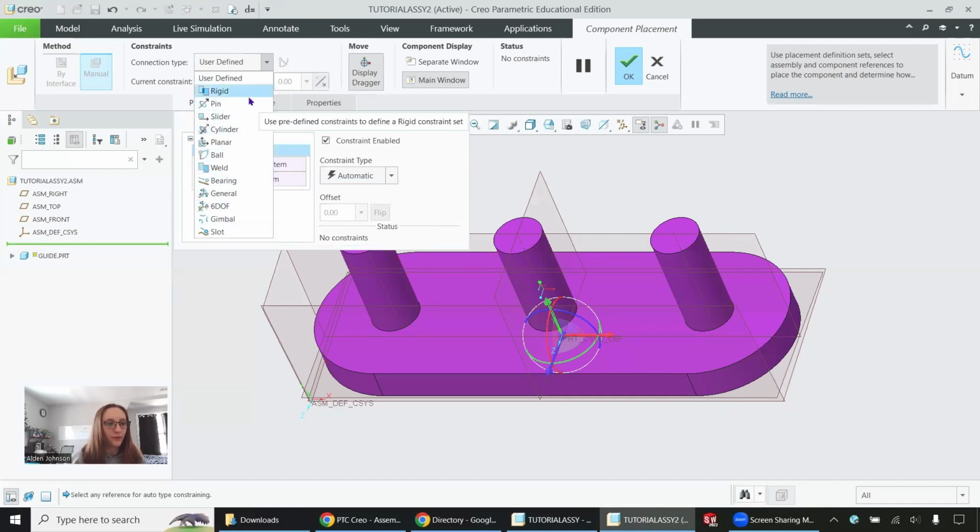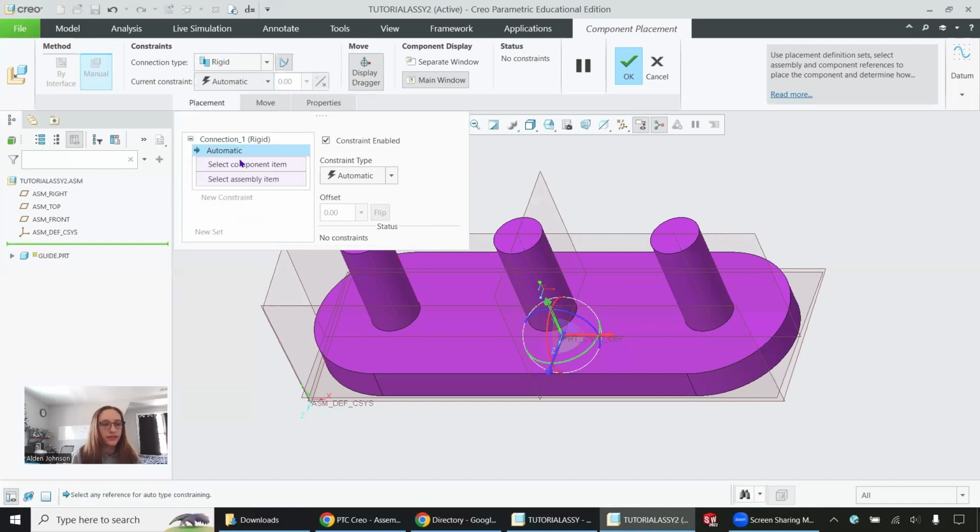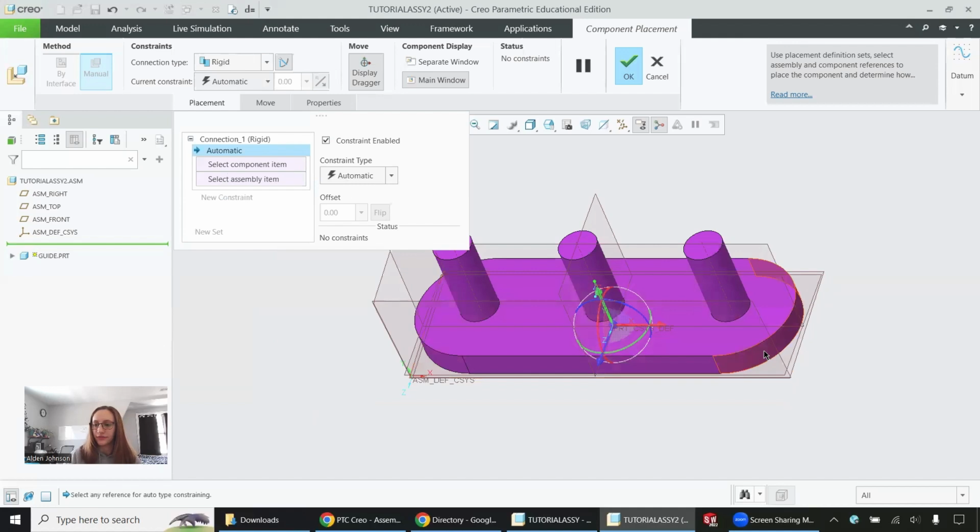As I said earlier, we want our ground to be rigid, so that's what I'm going to select. These connection types here, you can see in the placement tab, should satisfy all the requirements for the rigid predefined constraint. For rigid, this means constraining from translation and rotation in all directions. I'm going to start by choosing some planes to constrain. There's 2 ways that you can do this. You can select the planes directly,